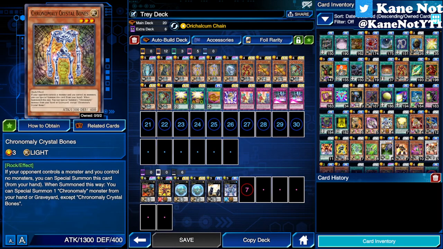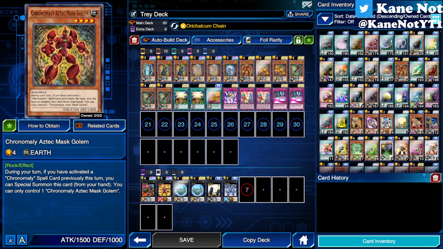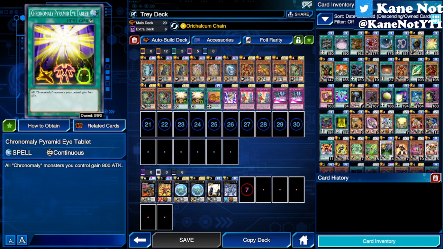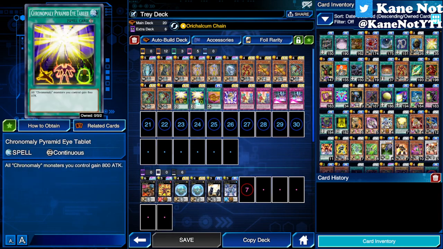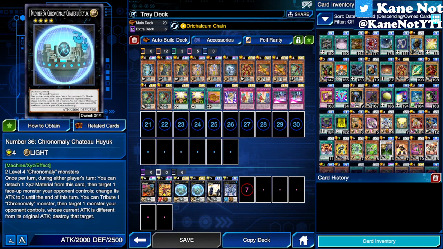It all depends on how fast your deck is able to perform, but I built this deck on what I obtained recently, and I only obtained 2 copies of Mud Golem, but because with Mud Golem you can only control 1 copy on the field, and it has a great special summoning effect: if you activate a spell card, you can essentially special summon this card from your hand this turn. You can essentially just go into rank 4 right on the spot. Even if you were to normal summon a Mud Golem, then you activate something like Pyramid Eye Tablet to boost the attack, then special summon Mass Golem, go into Chateau Hayek,